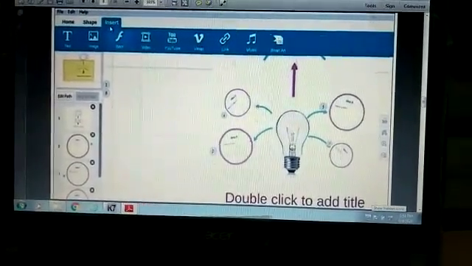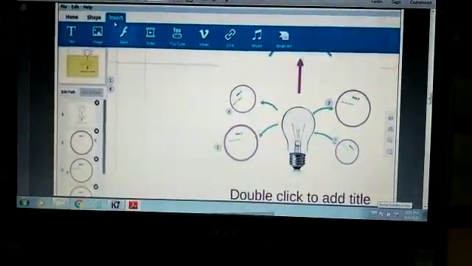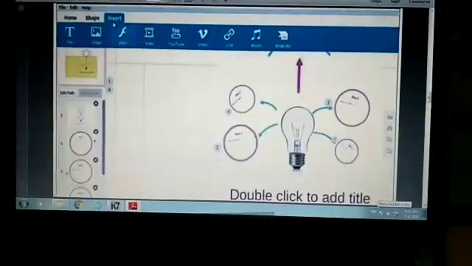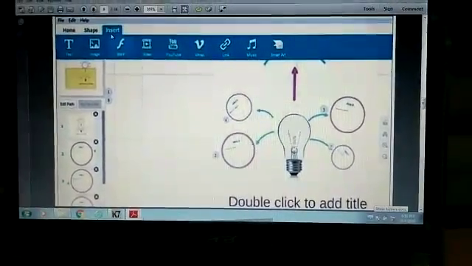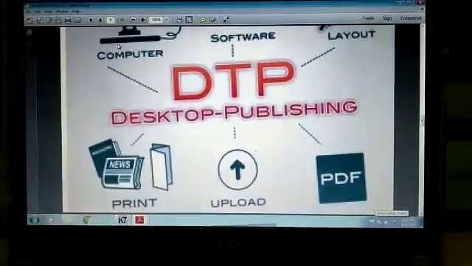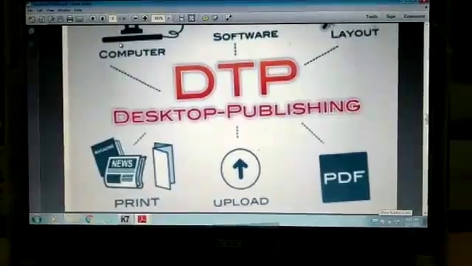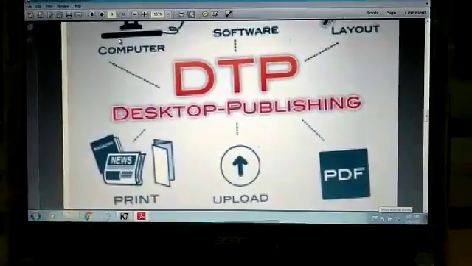It helps us to create slides, charts, animation and also video clippings. PPT, we are telling, no. So that is presentation software.